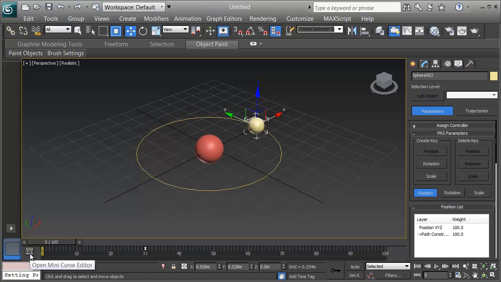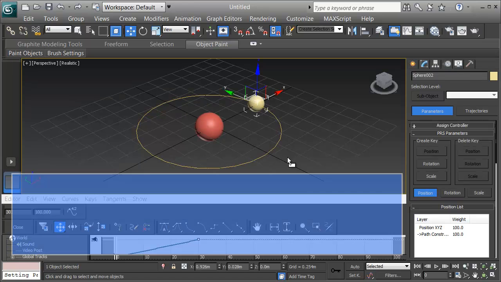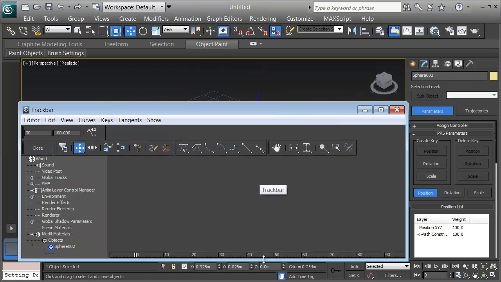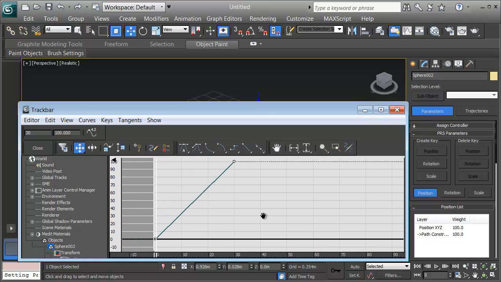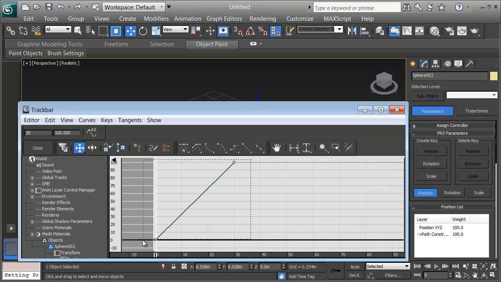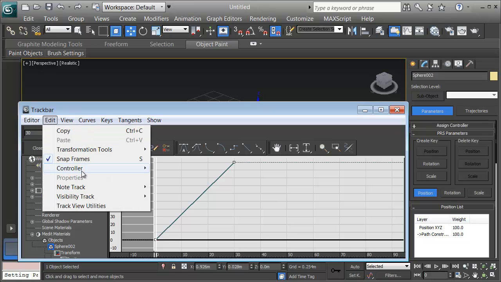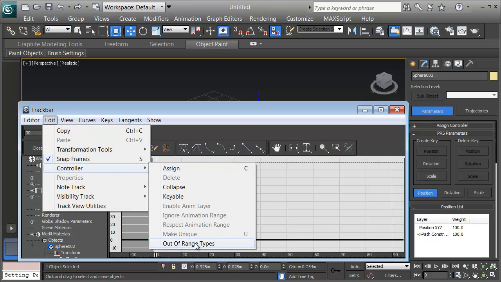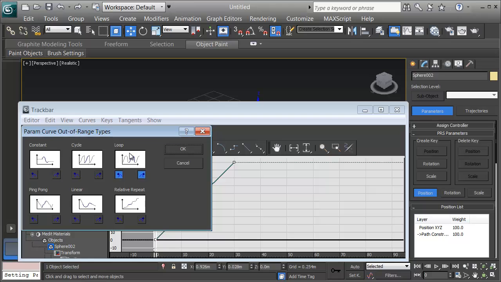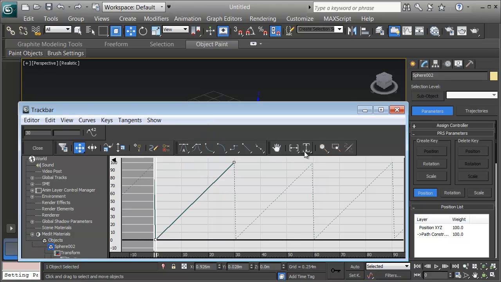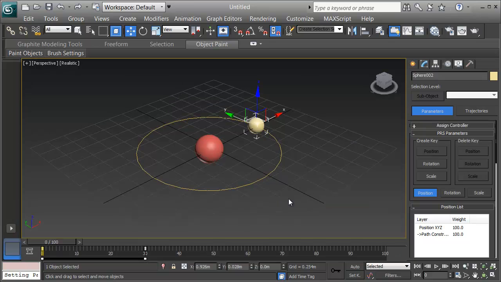I'll pull up the Mini Curve Editor, and there's that animation shown as a graph. What I'm going to do is to select both keys and choose Edit, Controller, Out of Range Types, and set it to Loop. This way, it loops around, and as it goes in a full circle, I don't mind the drop here in one frame. I'll close the track bar and scrub this forward, and there's my electron orbiting around the center